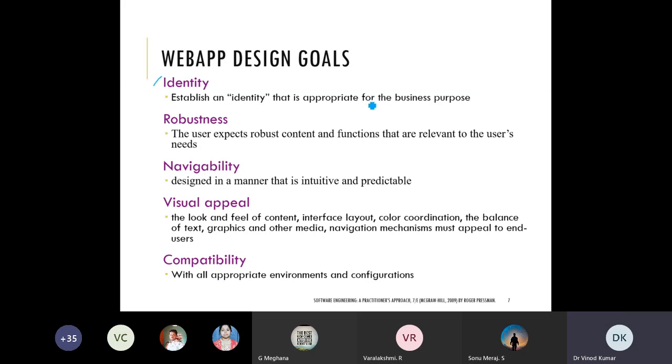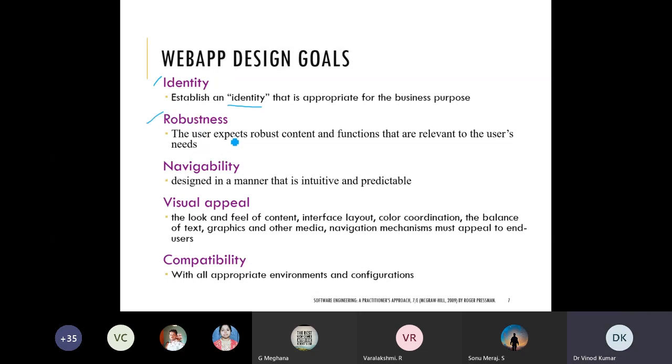In a virtual world, the web world, where there is nothing physical, identity is a very important aspect that you need to make. Like Facebook has made its identity. If you see that F symbol and that color, you will identify that this is related to Facebook. So like this, you need to make the identity, appropriate for the business purpose.